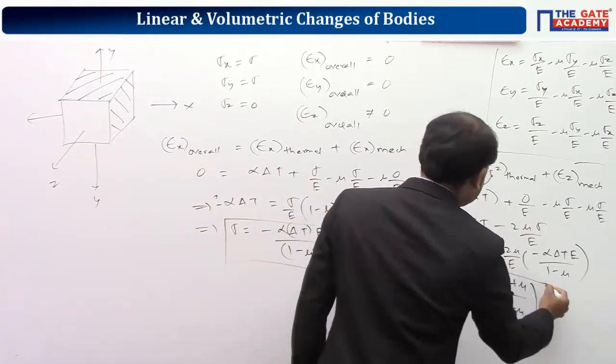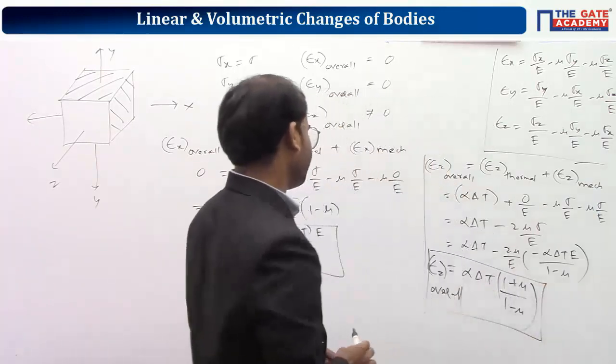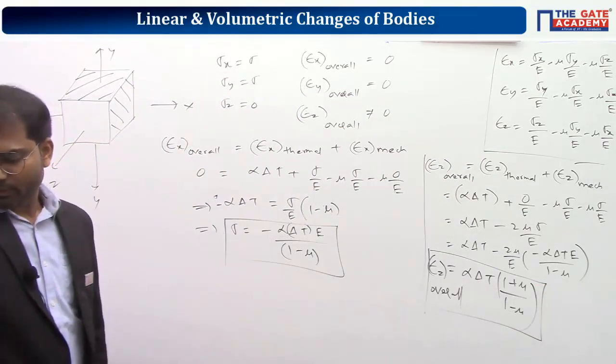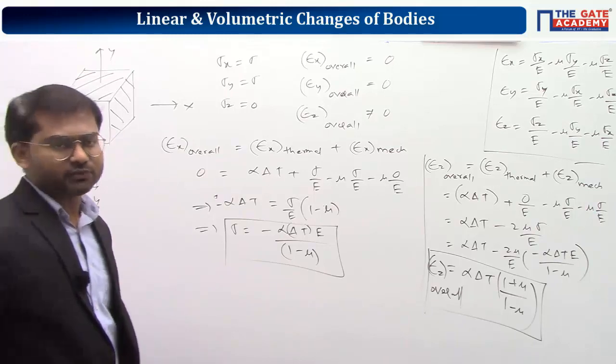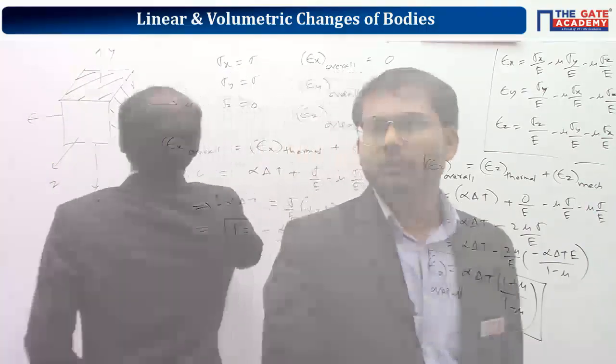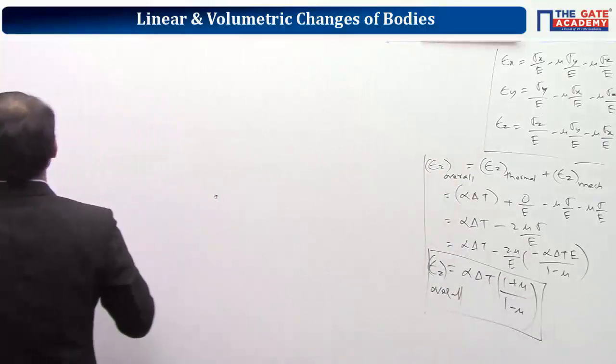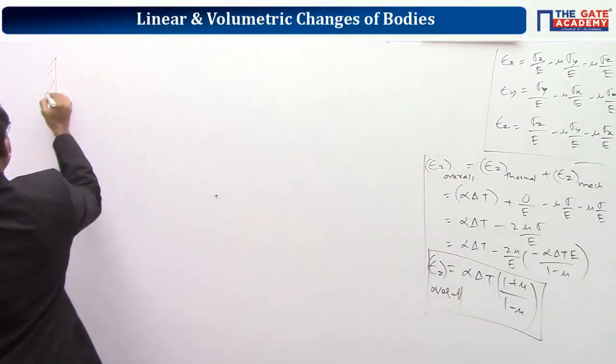So what is the free expansion happening? This is equal to this much here, corresponding to epsilon z overall strain. If you're done with this, we'll go ahead with the last one and then we'll see numericals. So two directions are free and the third direction is constrained. So it is simply nothing but the